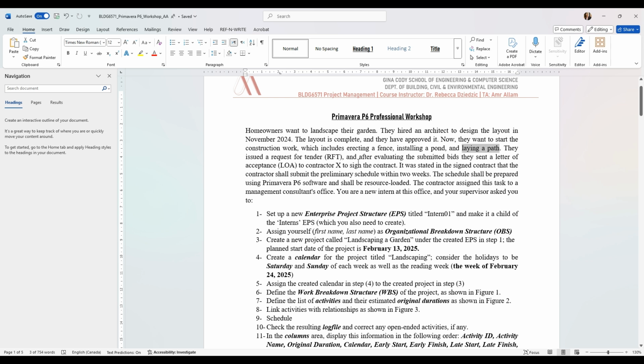They issued a request for tender, and after evaluating the submitted bids, they sent a letter of acceptance to contractor X to sign the contract. It was stated in the signed contract that the contractor shall submit a preliminary schedule within 2 weeks. The schedule shall be prepared using Primavera P6 Professional and shall be resource loaded. The contractor assigned this task to a management consultant office. You are the new intern at this office, and your supervisor asked you to